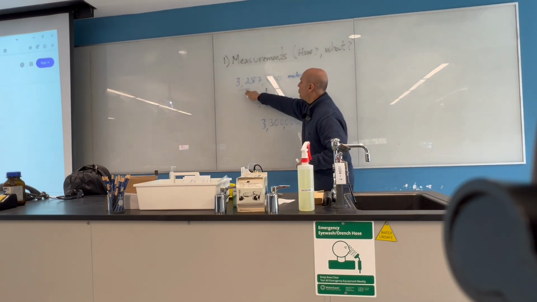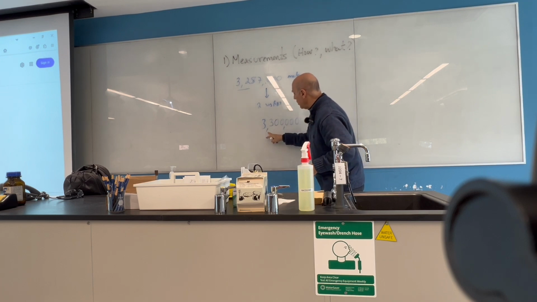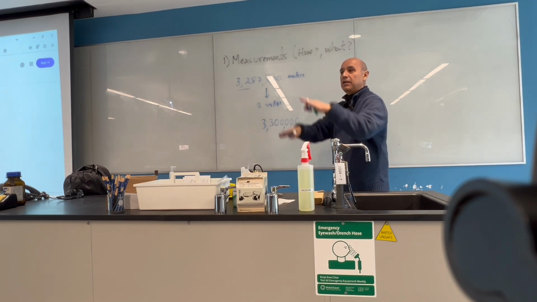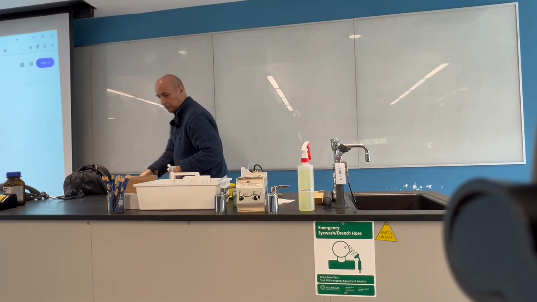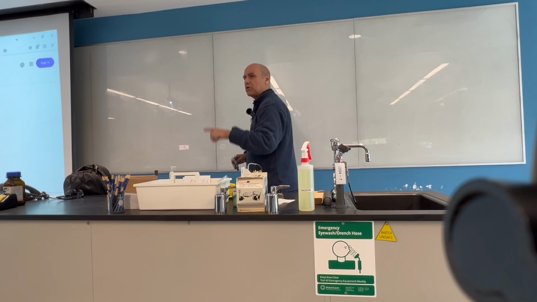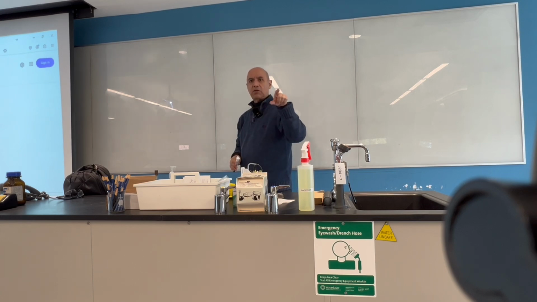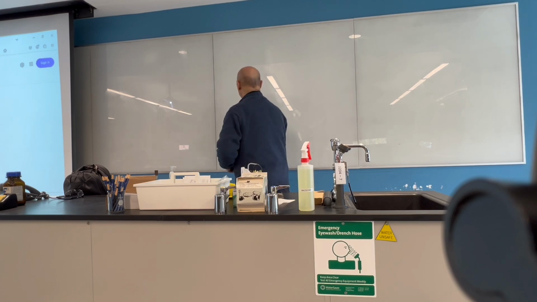Now, 3,257,000 is about 3,300,000. Now they're in the same dimension. I don't want to spend too much time with scientific notation because I think we did talk about scientific notation last week, right? So suffice to say that when you have a very large number,